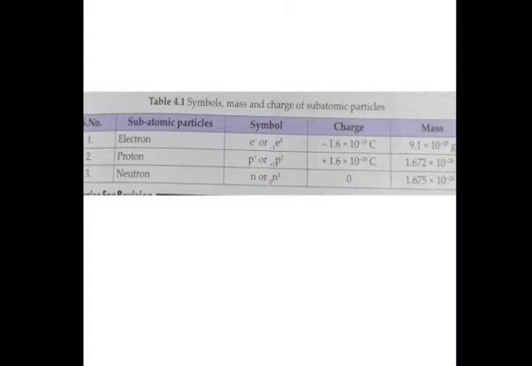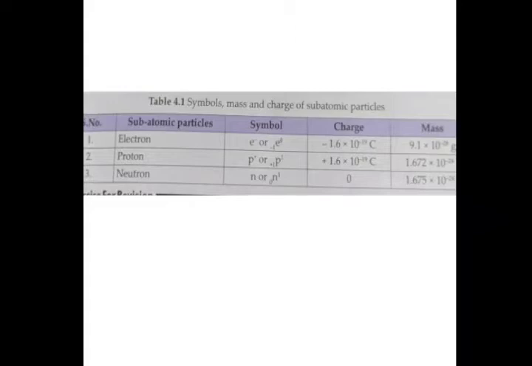it's not very clearly visible this side, and the mass also you can mention, and the charge of proton, whatever the charge of proton is, you can mention it. That is, the charge of electron is how much? That is 1.6 into 10 to the power of minus 19 coulomb, and charge of proton is the same or it is different? Yes, 1.6 into 10 to the power of minus 19. That is a negative sign, and this has a positive sign. Electron has a negative and this one has a positive charge, while neutron has no charge, it is neutral.